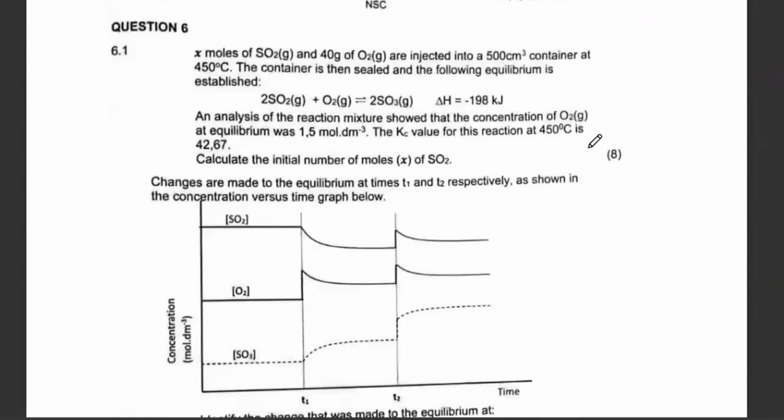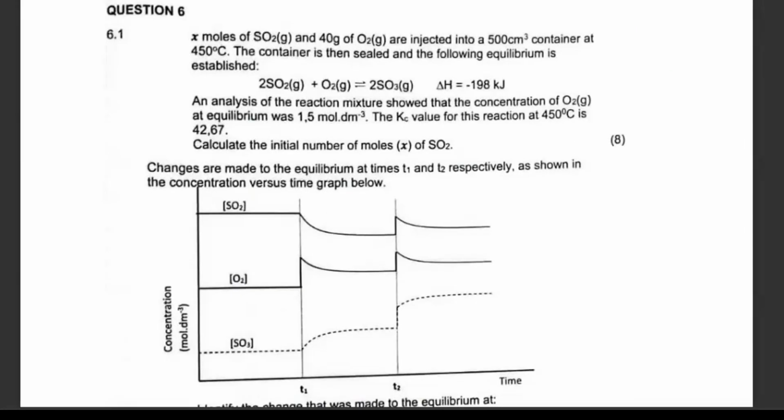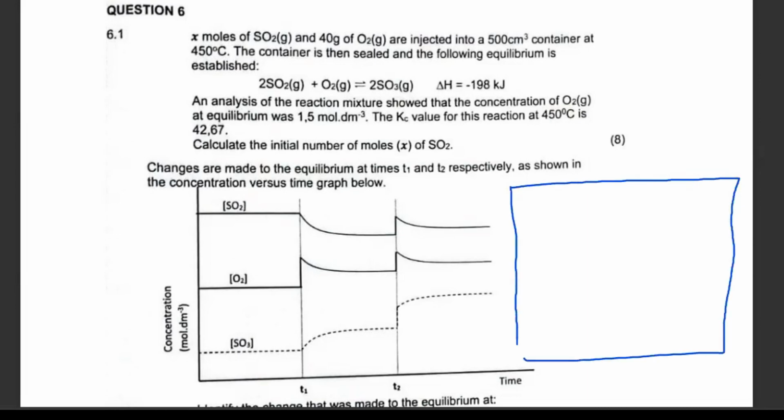Yeah, the paper was not that bad. So let's go to question number 6. In this question, they are saying that we need to do what you call the RICE method. Yes, the RICE method, whereby I know now very well that